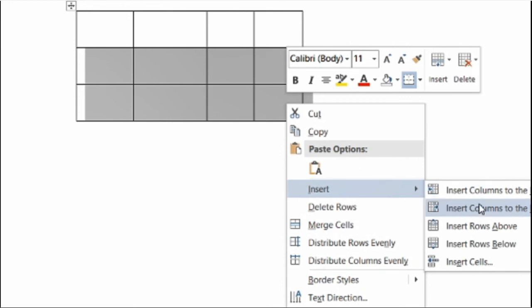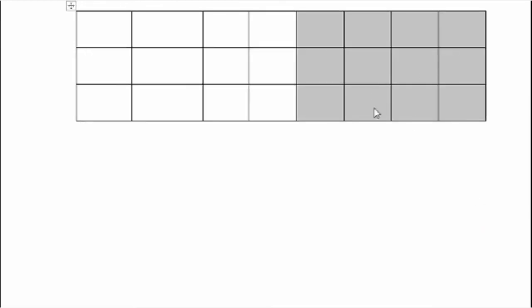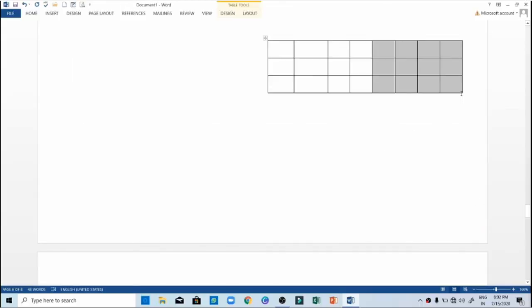Now if you want to create columns, you can do that. But the difference is how many columns it created. It created exactly the same number of columns which were there before. That means here it was 4 columns, so when you clicked on insert column, it created 4 other columns for you.